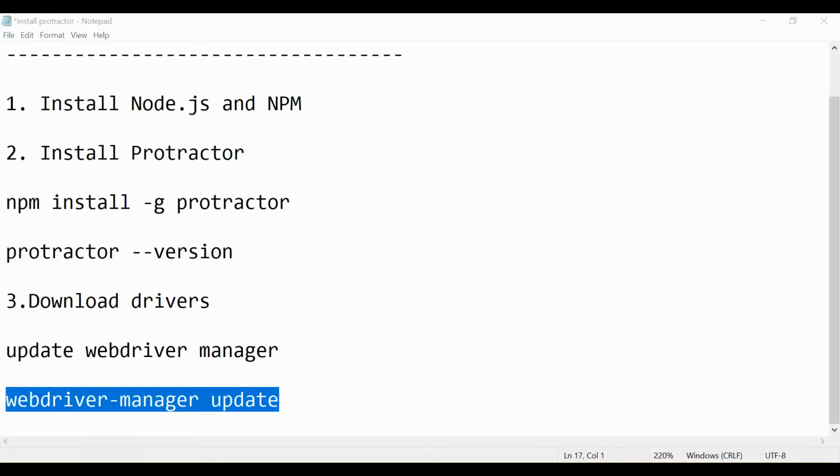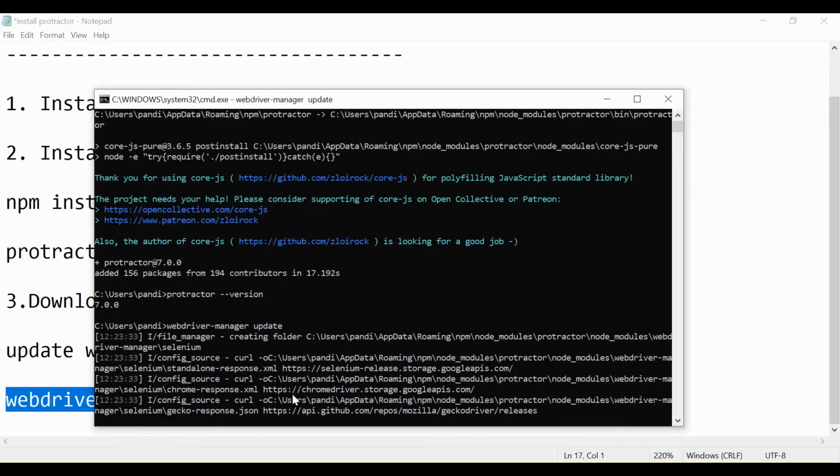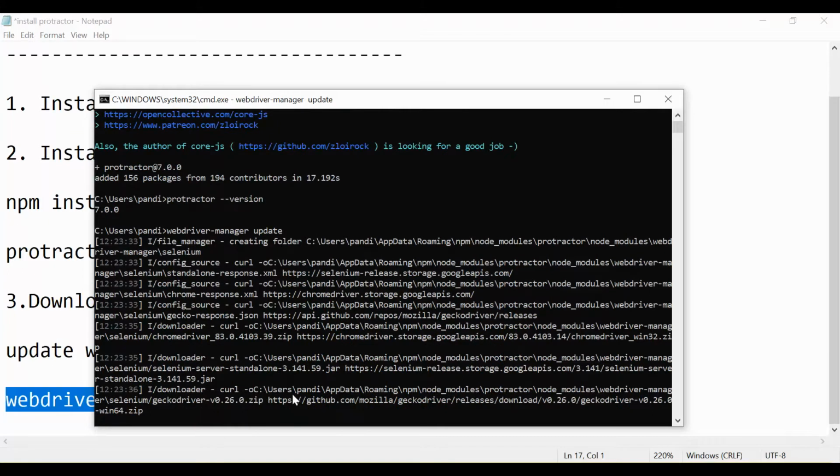Okay, and it will download the browser-specific drivers. So let's just wait for a minute.